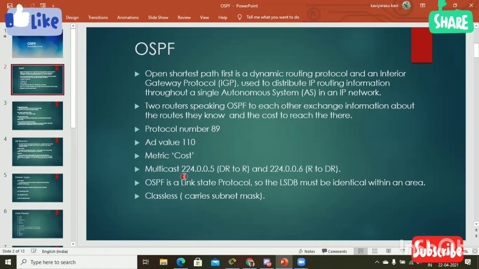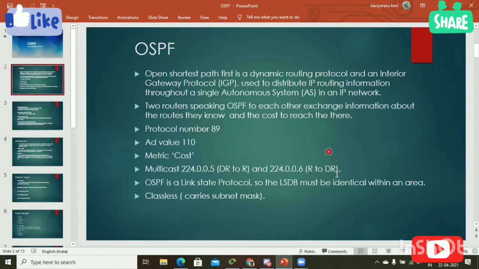The multicast addresses used by OSPF are 224.0.0.5, which is used between normal OSPF speaking routers, or from the designated router to OSPF speakers, and 224.0.0.6, the multicast address for routers to designated routers.